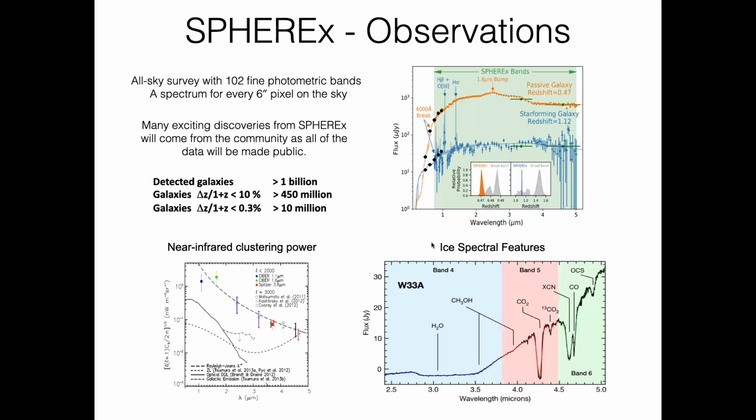For the third goal of studying ices, this is going to be a background object inside of our own galaxy, inside the Milky Way, as it travels through various kinds of objects, clouds, planets. You'll see absorption features in different ices. Ices are not just H2O, water, there's also CO2, CO, etc. These absorption lines will tell us where these ices are, and one of the data products is a catalog of column densities toward different objects in the Milky Way.